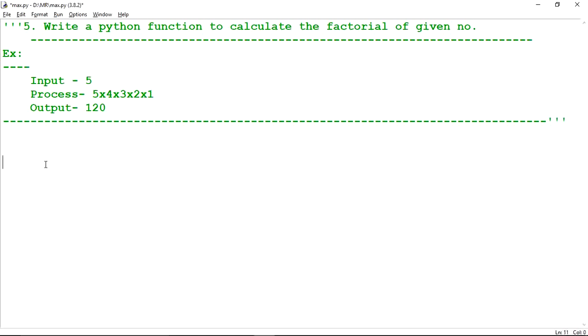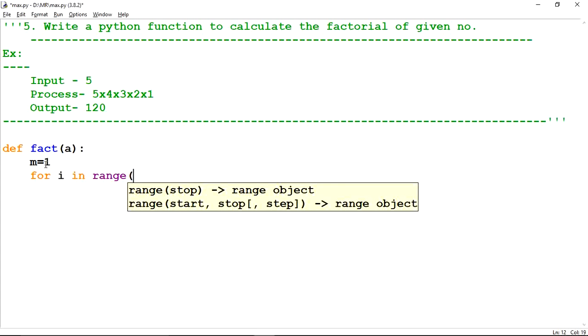So now let's try to design the program. For it we will write def. I'm giving the function name as fact. Here I pass a value, it will be stored into a. M is equal to 1 for multiplication. This is the loop, for I in range.